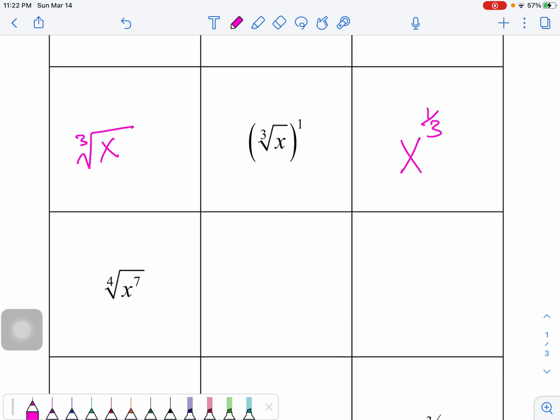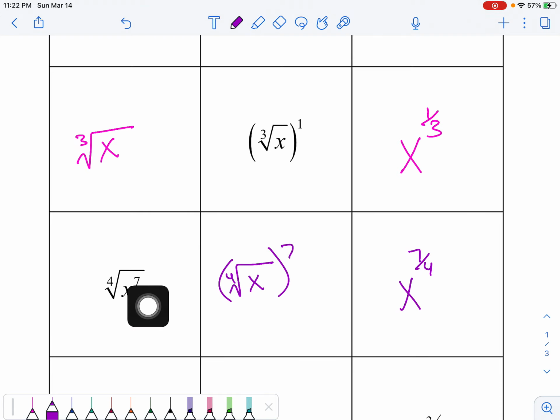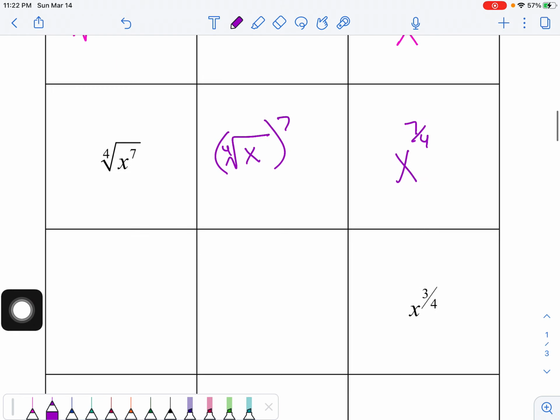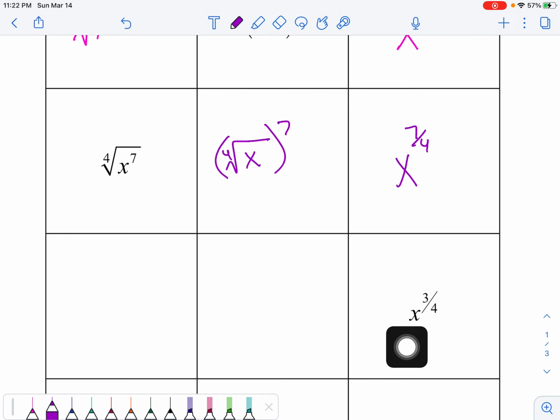We've got the 4th root of x to the 7th. So this would be the 4th root of x raised to the 7th power. And so in rational exponent form, this would be x to the 7/4. So power of 7, index of 4. That's how those work. Now, if I give you the fractional exponent, x to the 3/4, you can reverse the